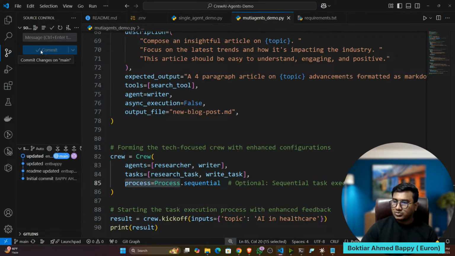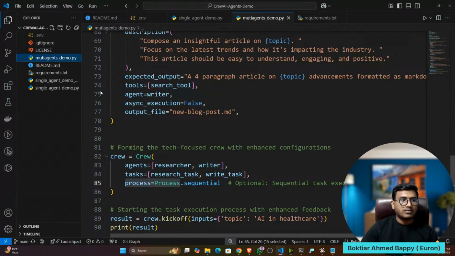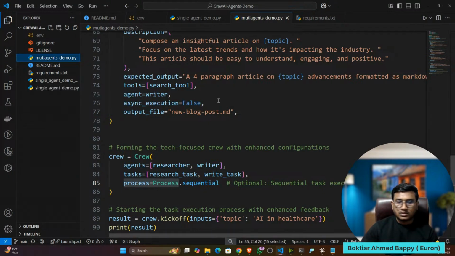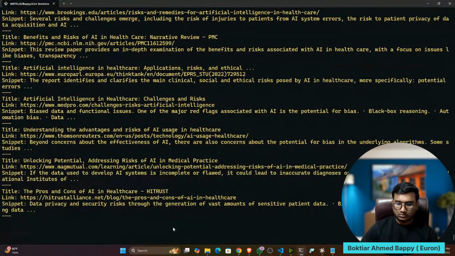In the agentic approach, do we have a knowledge base? No, here we don't have any kind of knowledge base. Every time it will do the real-time search operation. I don't know why it is slow.